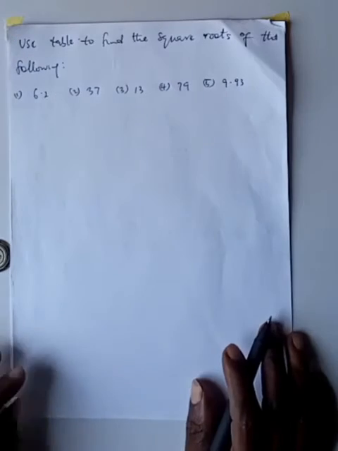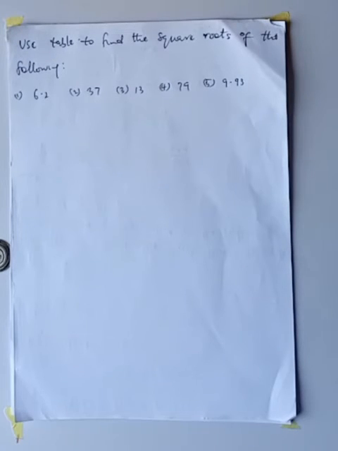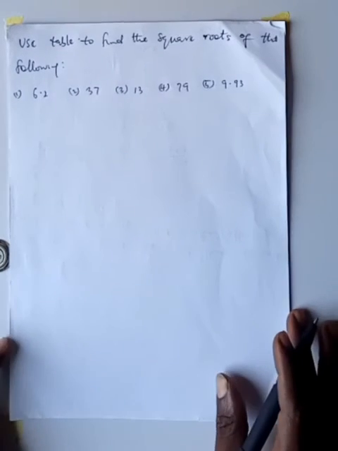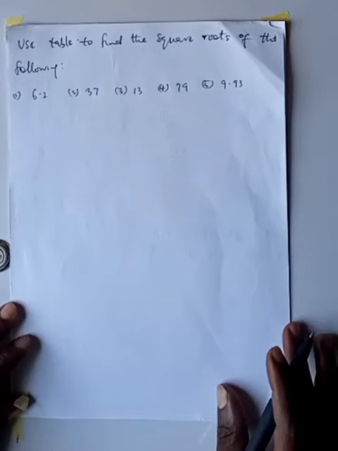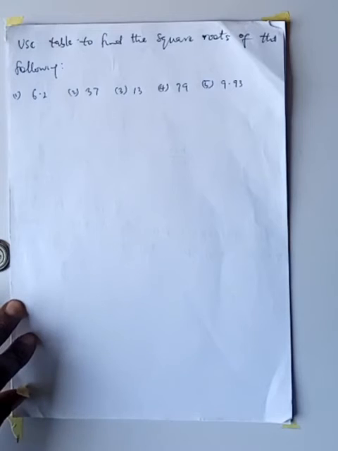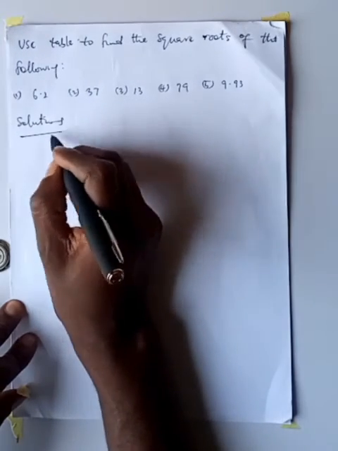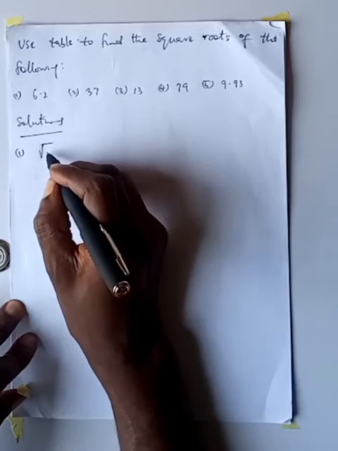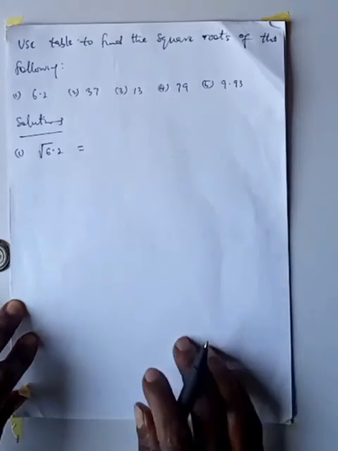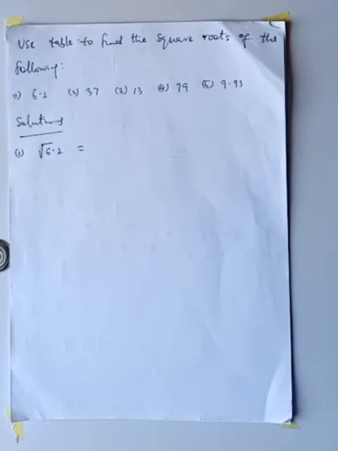Now solving this one is very simple. All we just have to do is to make use of what? The square root table. Now that is always at the back of mathematics textbook, or we can also find it, a copy of it, in the 4-figure table. Now number 1, that is under the solutions. So number 1, I'm asked to find the square root of 6.2. So what I would rather do is I would go under the table. So what I will look for now is